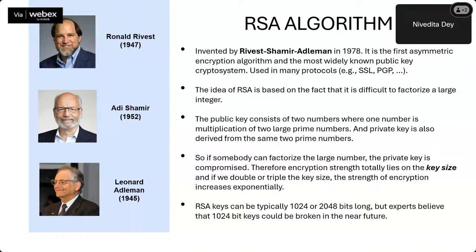The idea was based on the fact that it is very difficult to factorize a very large integer. They used a very large, big number as the product of primes for RSA, and in order to break RSA, you would have to break that integer into its prime components. That was the essence of RSA. Because it is asymmetric, the public key consists of two numbers, where one number is the multiplication of two large prime numbers, and the private key is also derived from the same two prime numbers. So if somebody can factorize the large number, the private key is compromised. Therefore, encryption strength totally